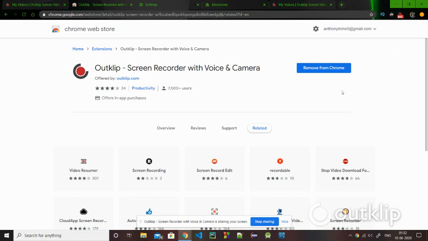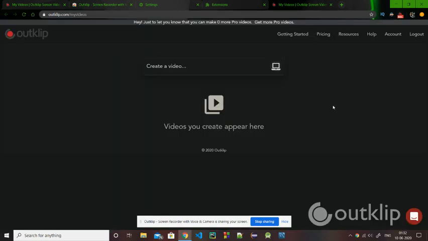After it has been added to your Chrome, it will request you to sign in. You can either create an account on Outclip, or you can sign in through your Google account. I have done the same thing.